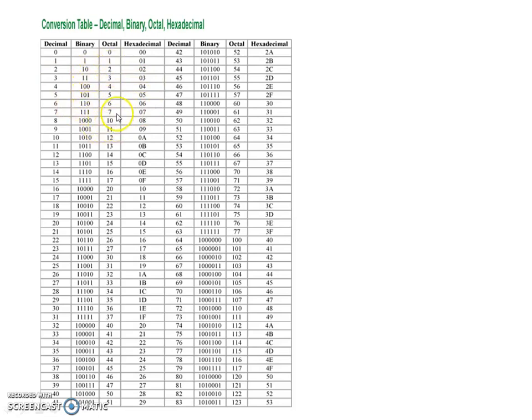Now after 7, octal is changed, because octal has a limit of up to 7, and binary changed from 2 because binary has the limit of up to 1. Now decimal will change after 9 because the maximum digit is 9. You can see here 9, 9. But when you write 10, this is A here. So you can just understand it and you will get a lot of idea about the various number systems.